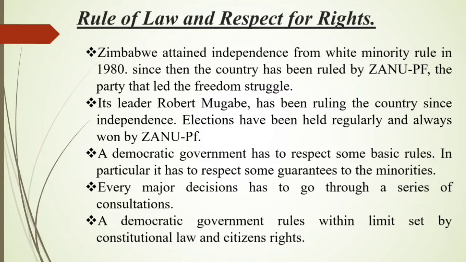If the government is not respecting the basic rights of the citizen, that government cannot be called a democratic government. And the basic rights of the citizens must be protected by an independent judiciary whose orders are obeyed by everyone. But in the case of Zimbabwe, we saw that the rights were not protected by the judiciary, and the orders of the judiciary were not obeyed by the ZANU party and by the government formed by the ZANU-PF party. So that's why Zimbabwe cannot be called a democratic country, and the Zimbabwean government cannot be called a democratic government. Similarly, there are some conditions that apply on the way a government is run after election.